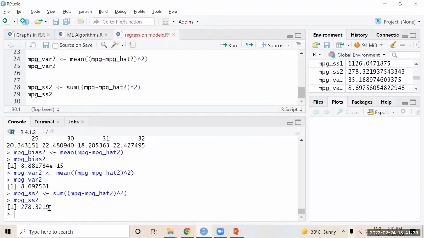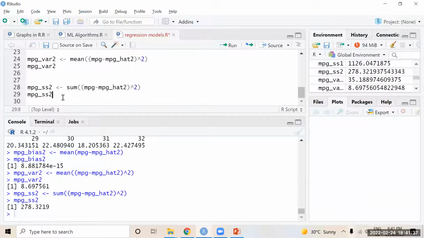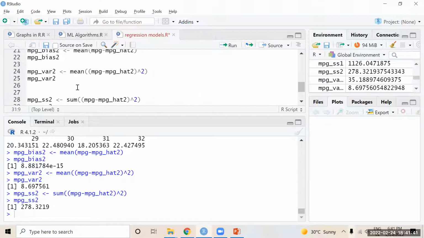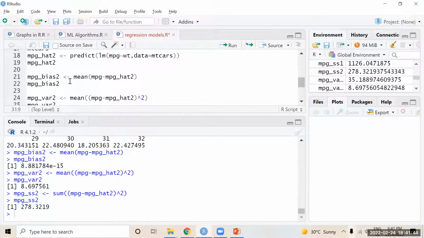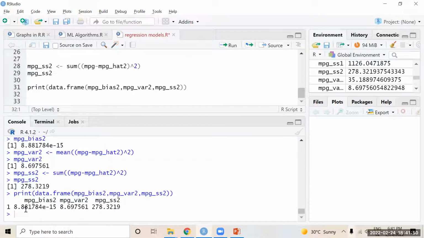Here it is 278.32. Now I'm displaying all these statistical values in a table format: bias 2, then variance 2 and SS2. Here you can find 8.8, 8.6, 278.